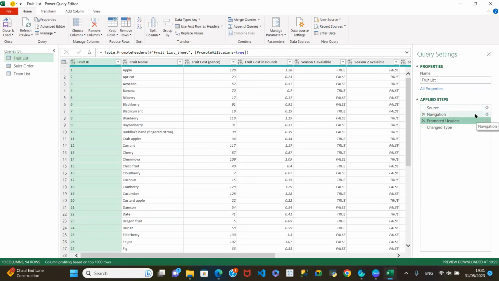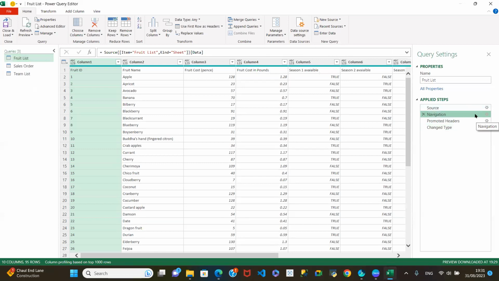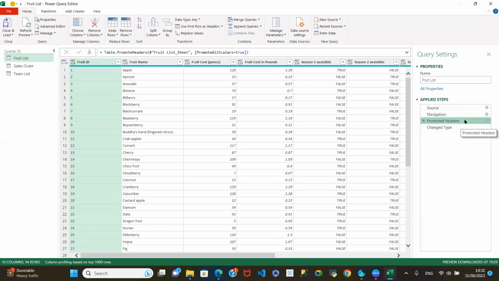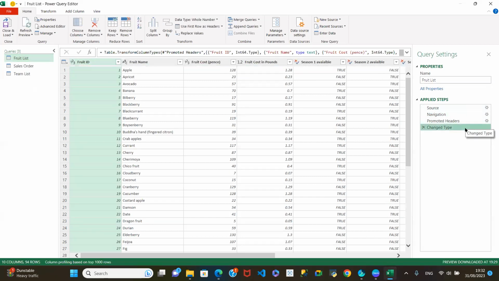We didn't ask it to do that, but it did it. It just sensed, at this point, when it brought it in, the headers were on row 1. It promoted the headers for us, and it changed